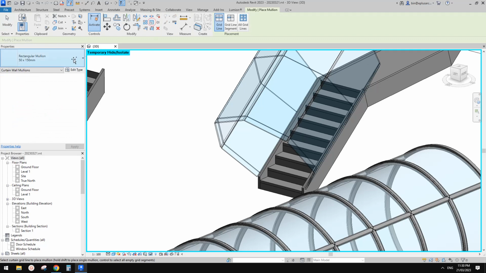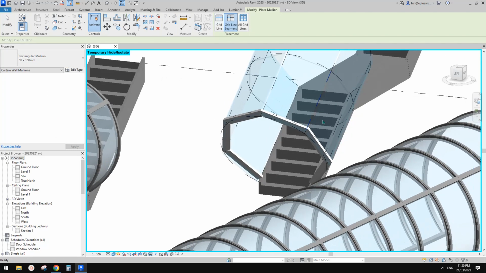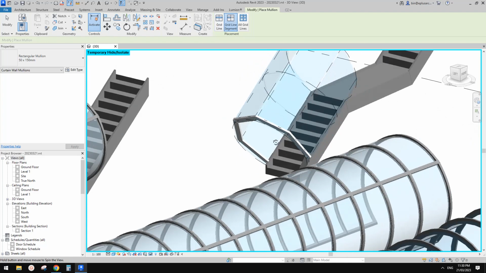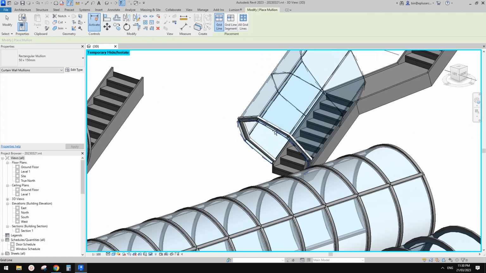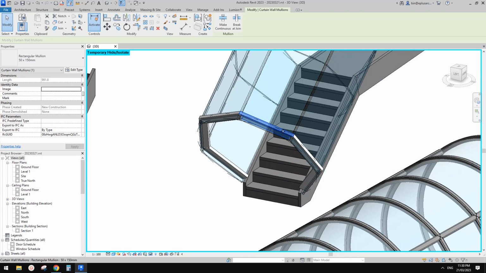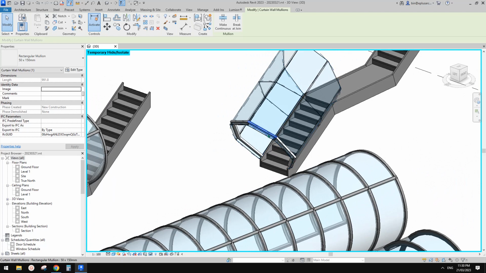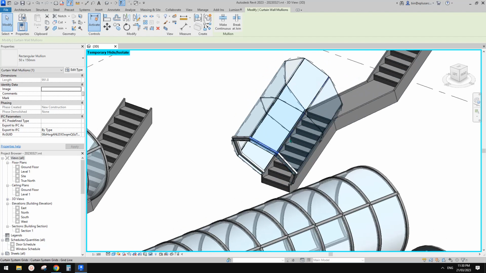For example, if I place a mullion here, you will see it's straight, which means there's no way we can have a curved mullion. So we have to model them ourselves, maybe just create an extrusion or